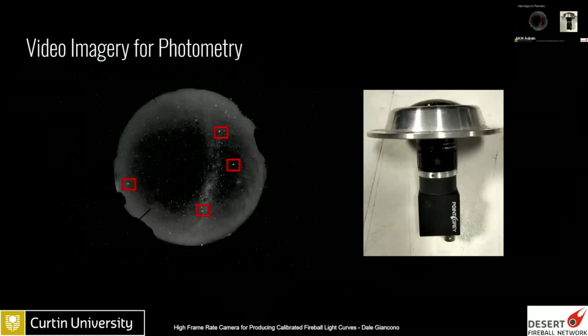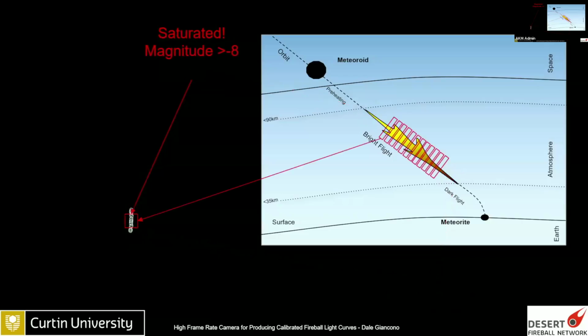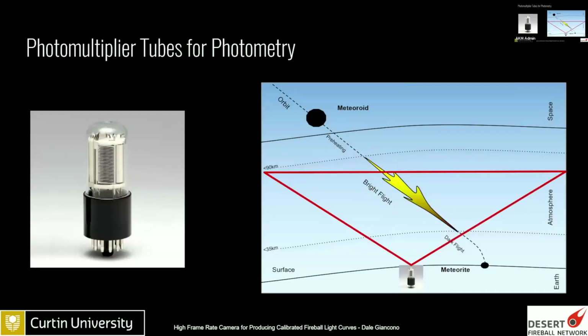We take calibration images periodically. This is done on most video camera techniques, so we can calibrate the stars in the background. Again, it works really great at the start and end of bright flight, but often saturates in the middle of bright flight. So one way that we can get the important photometry of the middle of bright flight is using photomultiplier